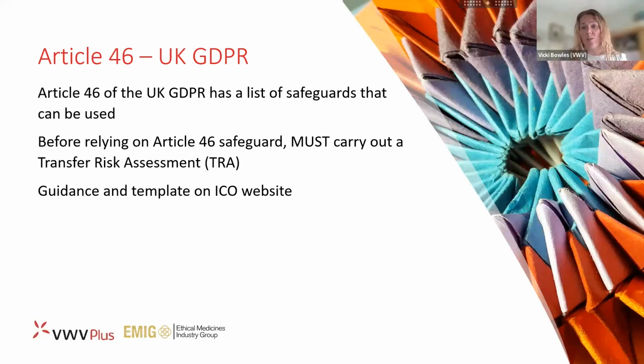If you're transferring to a country that's not on that list, such as Australia or the United States, you then need to look at Article 46. But before you use any of the safeguards set out in Article 46, you actually have to do a transfer risk assessment. And this is a new requirement that came out of the Schrems decision. And it essentially,